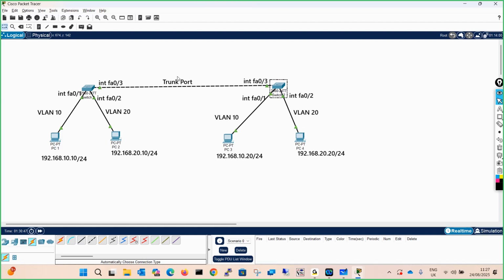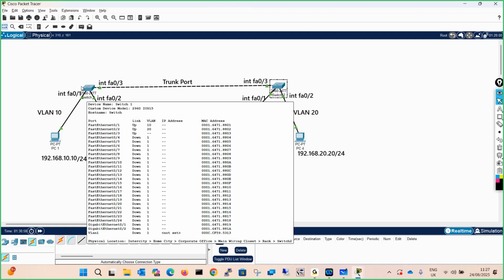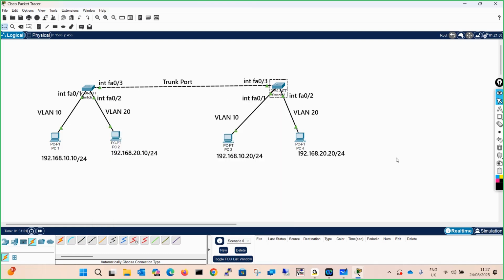Till now, what we have understood is how to configure this switch with VLANs, how to configure the VLAN on the switches, how to make the port a trunk. This we have discussed. But apart from that, there are many things. Inter-VLAN routing is one powerful concept that we have to learn. Till now, you have learned how to make the port an access port, how to create a VLAN, how to assign the VLAN to a port, and how to make a trunk port.